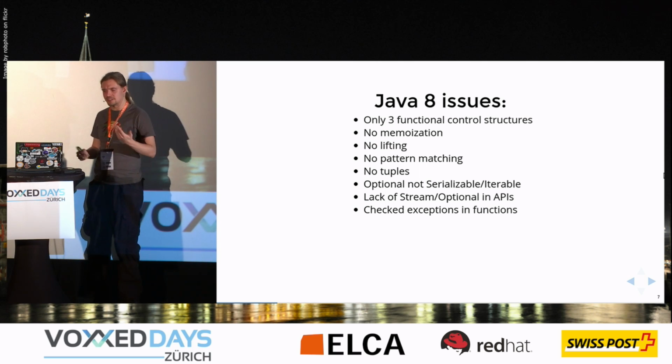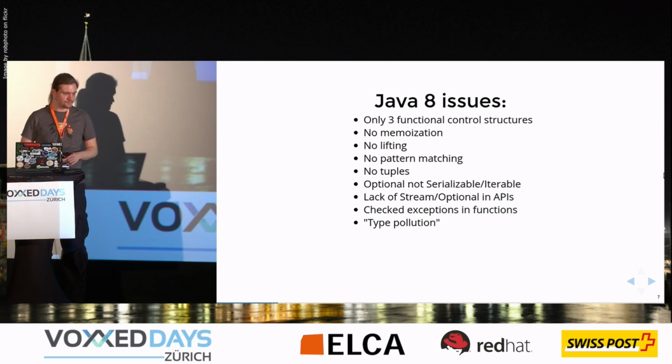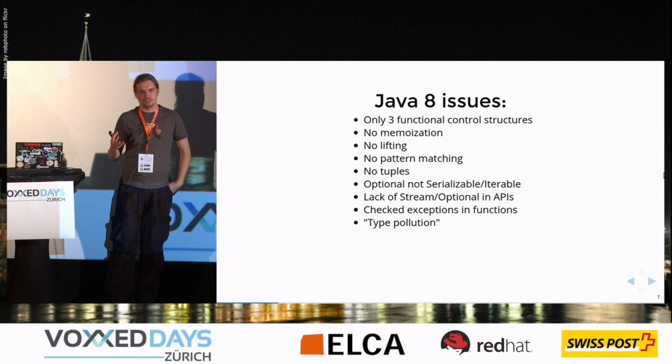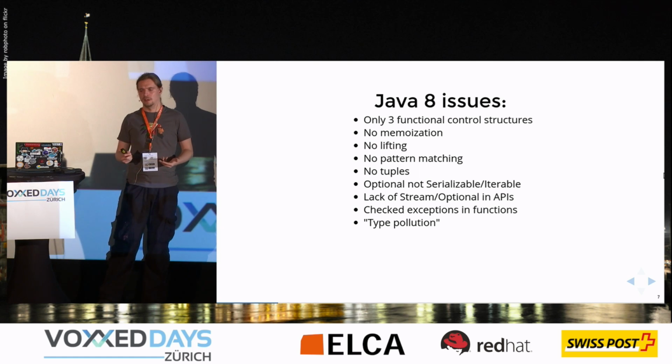But yeah, we need to try-catch n exceptions in the worst case. Also, there's something like type pollution. What it is, people started having problems with the fact that you have so many names for functions in Java